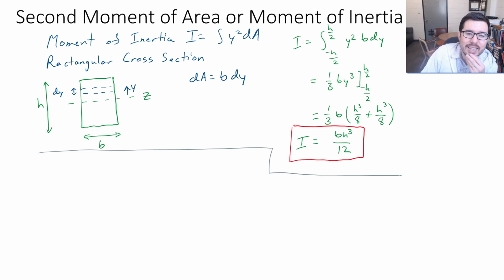And it helps us understand something about what gives a beam stiffness, or what's going to help it be resistant to bending. We recall that the Efficient Engineer, in one of the latest videos